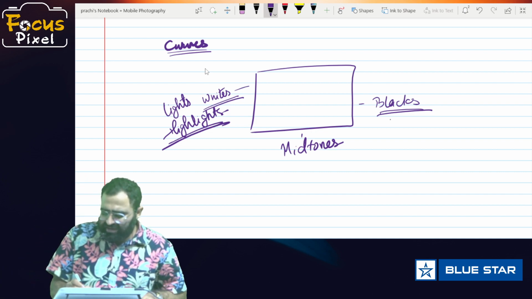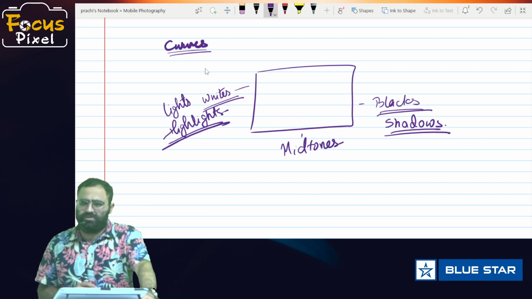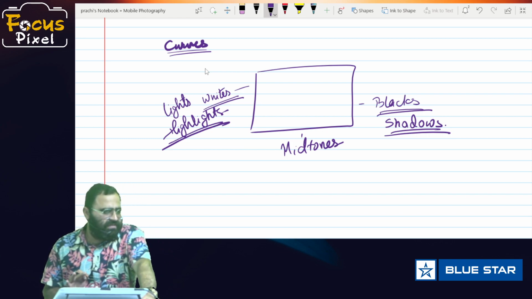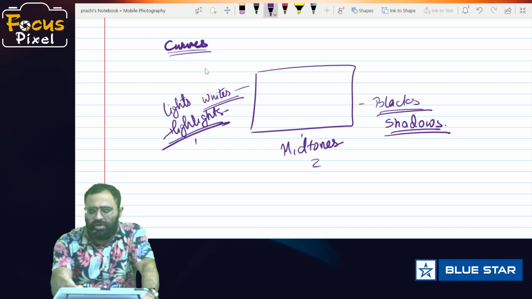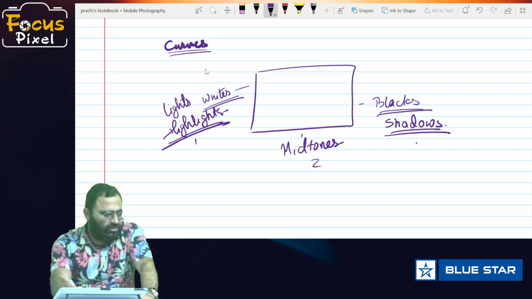So black is referred to as shadows. So basically when we cut down three elements, first is highlight, then midtones, and then shadows.